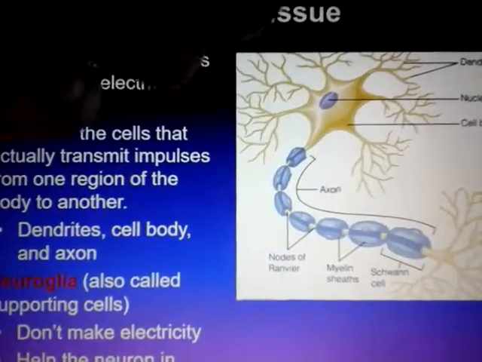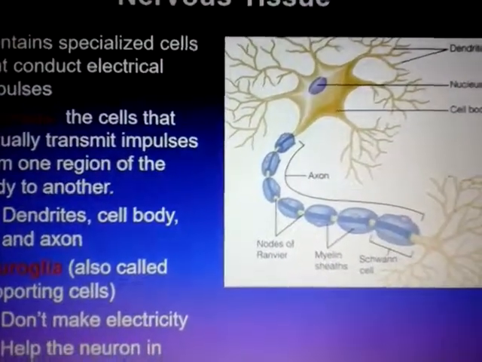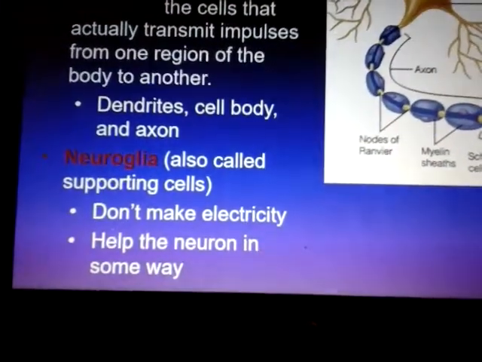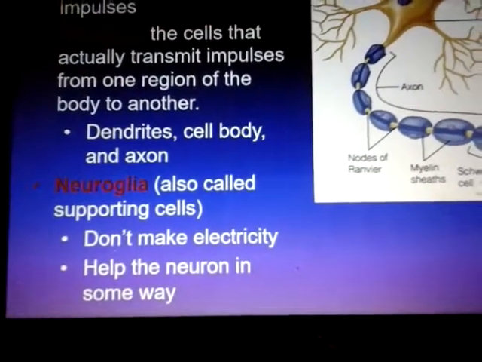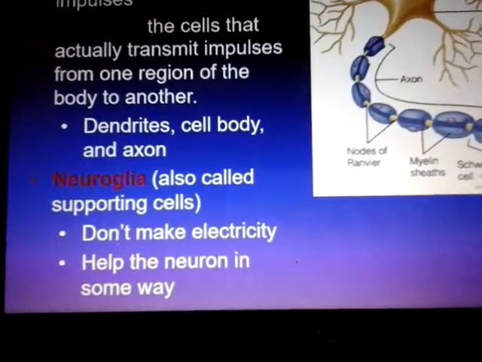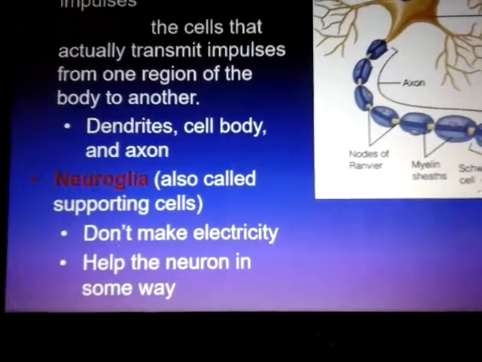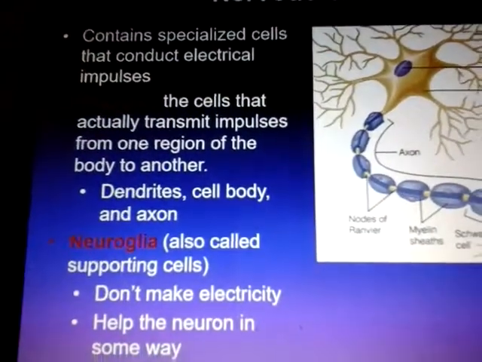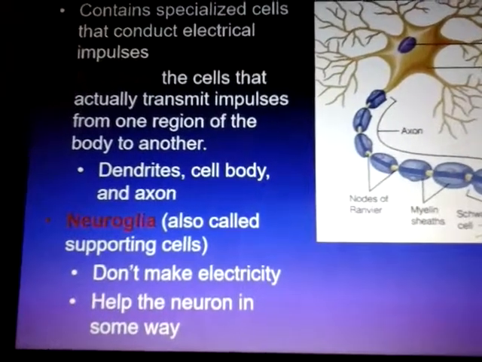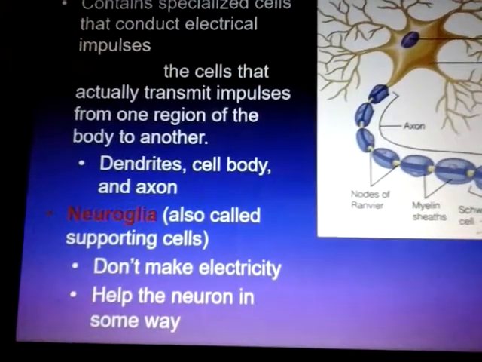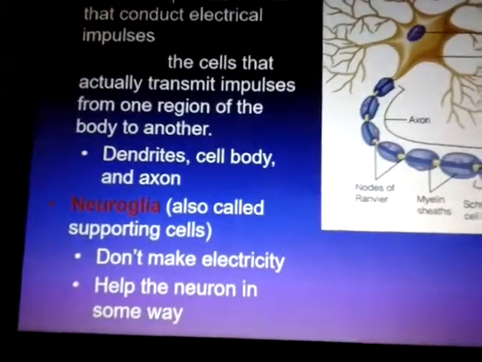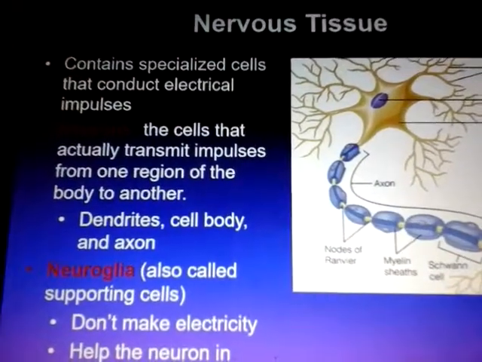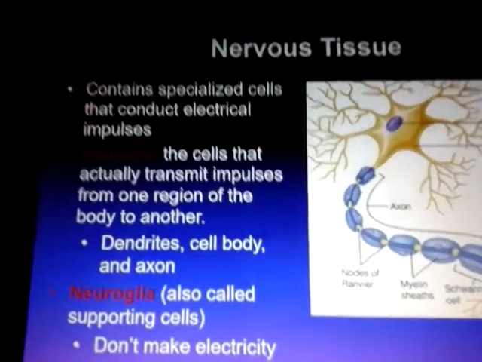The neuron actually creates the electricity, but there are other cells that help make up nerves as well. When we talk about a nerve, a nerve is an organ. And remember, an organ is a group of cells that work together. So a nerve has nervous tissue. It also has epithelial tissue because it's an organ. It's going to have a membrane around it. It also has blood vessels going to it. That's connective tissue. But in the case of nervous tissue, groups of cells that work together, you have the neurons,